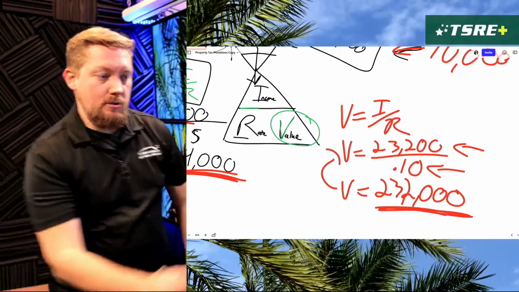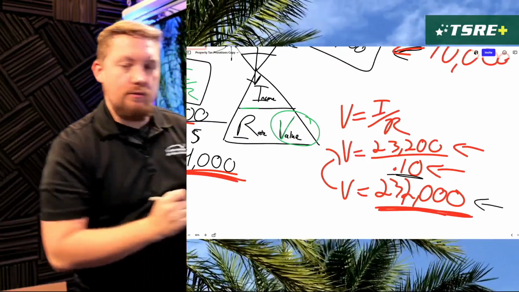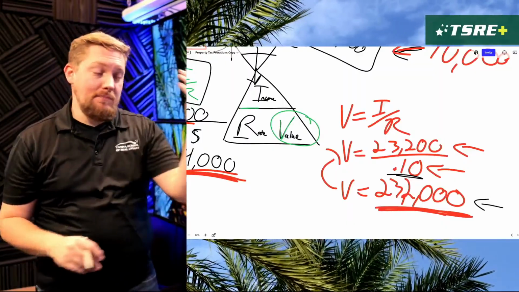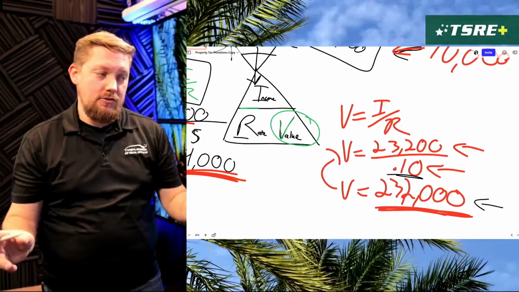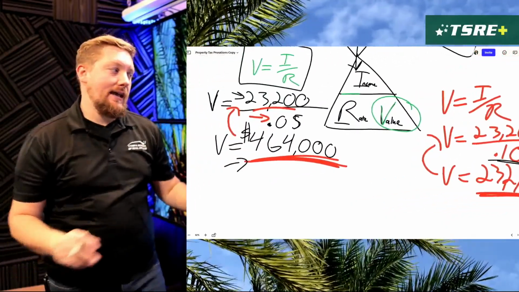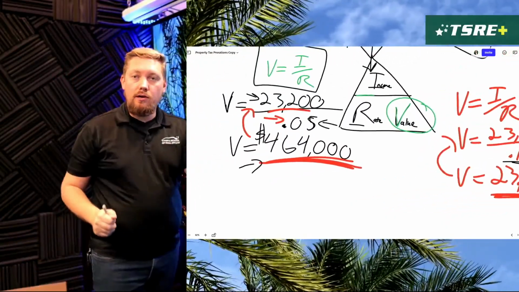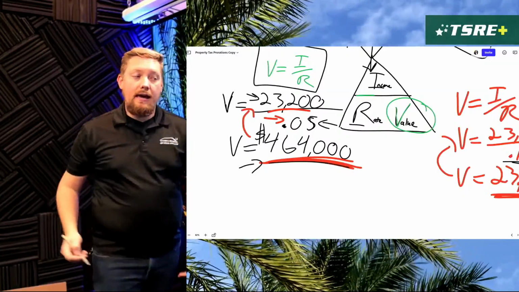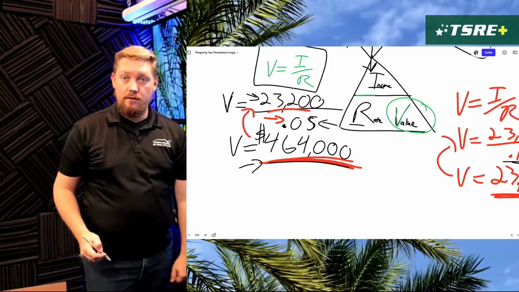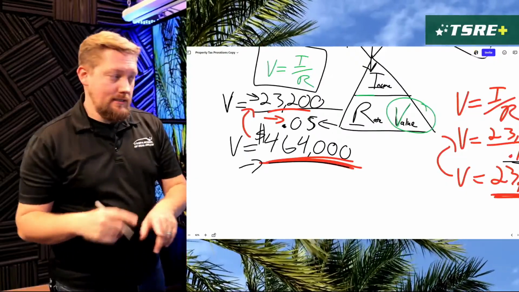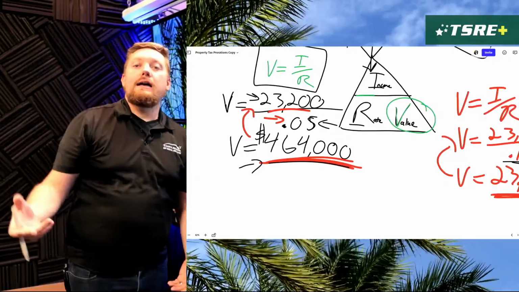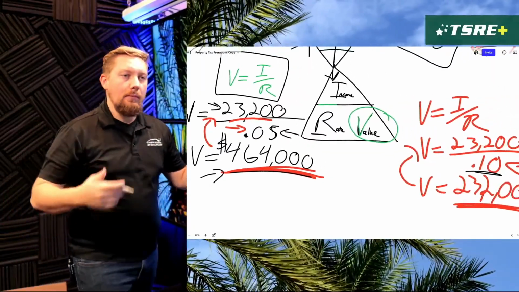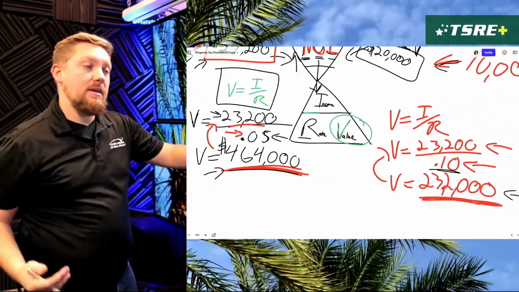But maybe this person bought it here when the cap rates were really good at 10%, and they didn't do anything different. They kept the rents the same, expenses the same, nothing's changed. They just simply sell for that lower cap rate because that's maybe now what the market commands, and that's now what that property could be worth. But it could go both ways, because this could easily rise as well, especially if there's more supply in the market, there's more apartments, maybe demand, there's not as many people moving to the area.